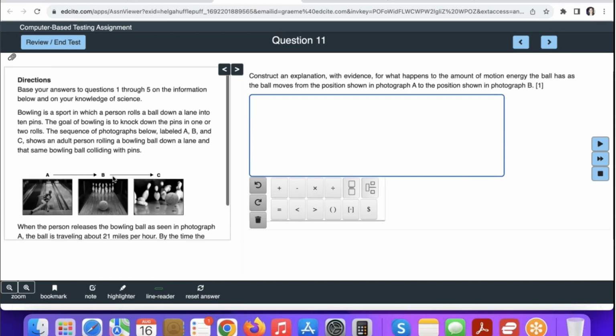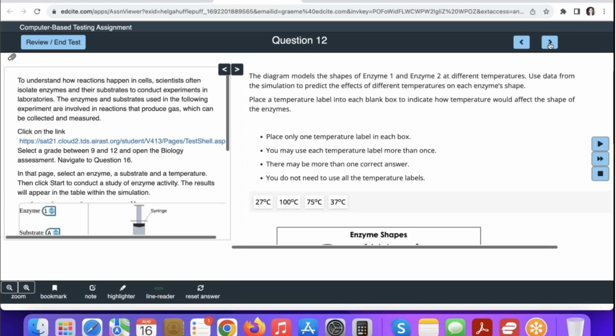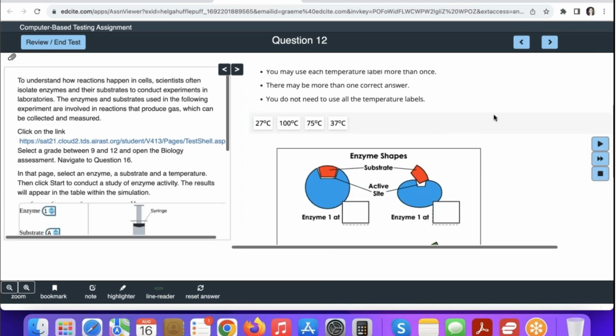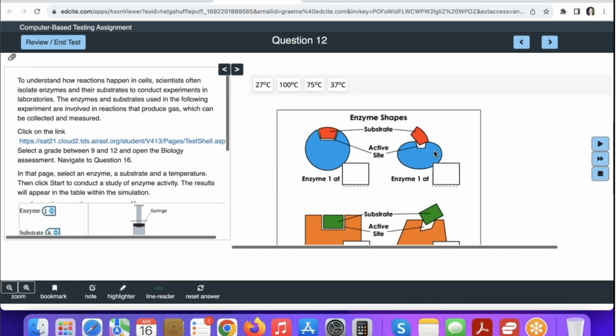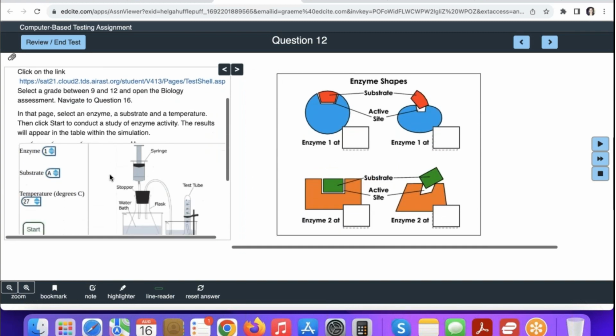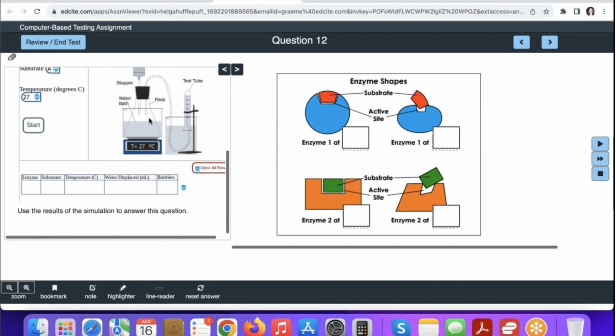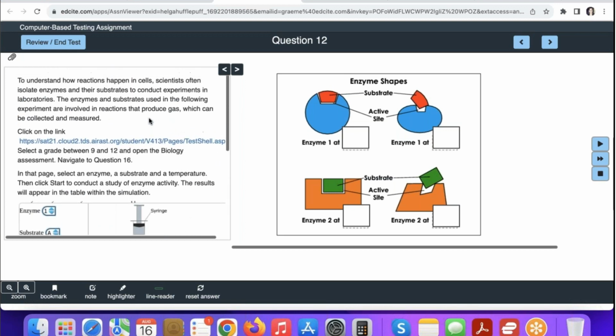Again, this is looking more at science content, but it's got that toolbar attached to the open response, so students can type but still leverage those icons just as they would have a toolbar on the end of year computer-based test. This one looks like it's a drag and drop, and so in here they're looking at some information,